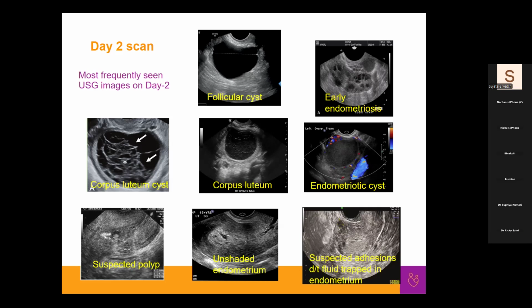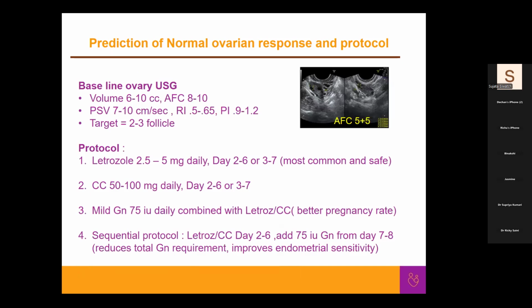Then the second picture is basically an unshaded endometrium, and the third is a suspected intrauterine adhesion, because we can see multiple small fluid collections trapped within the thick endometrium. If this kind of picture is there, we have to keep the possibility of adhesions in the endometrium, and the picture will become clear once the endometrium is properly developed. Then coming to the prediction of ovarian